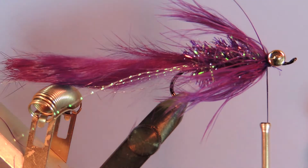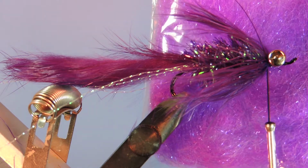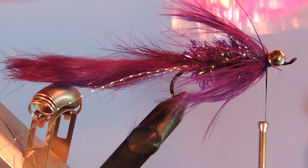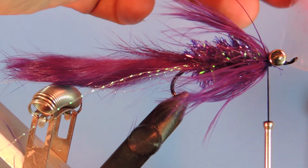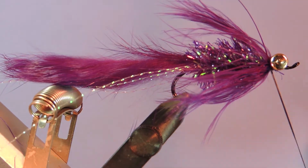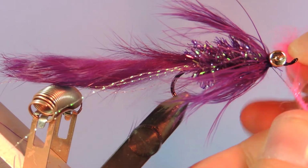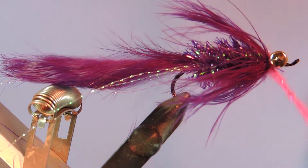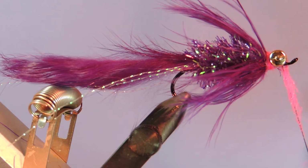So if you want to make a standard leech pattern, you can go ahead and use purple. But I'd like to do more of an egg sucking leech, so I'm going to use a pink. So I'm using laser dub for this. I'm just going to take out a small pinch of dubbing. And I'm actually going to dub this on the thread. Now, a lot of tyers will use a chenille, like an ultra chenille or a standard rayon chenille here, but I prefer the dubbing. So just start with a couple wraps in behind,